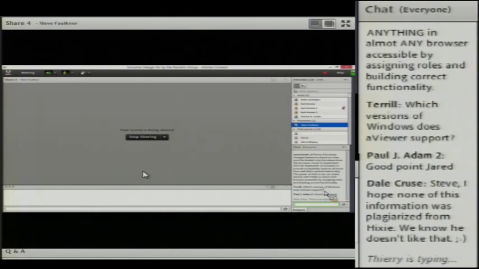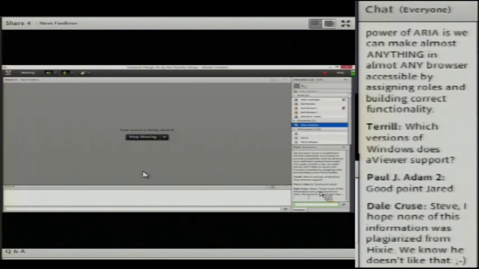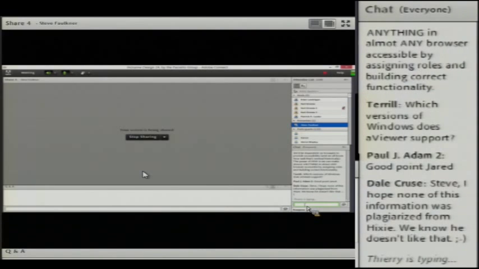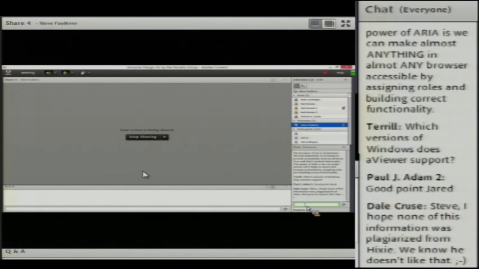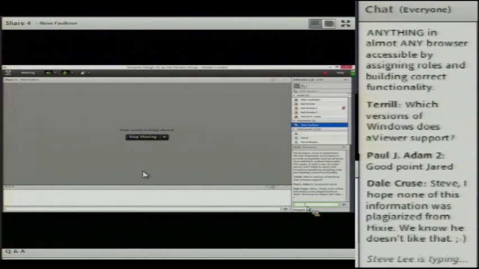Good. Okay, one other question we got was which versions of Windows does AViewer support? To be honest, it works in 8.1. It works in 7. It works in 8. I don't know if it works in XP. I think we had it working in XP.